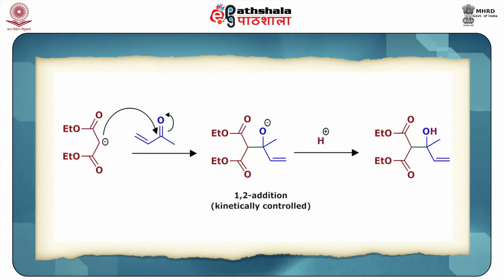The conjugate 1,4 addition product is thermodynamically controlled and takes place at relatively higher temperatures. On the other hand, a 1,2 addition is also possible, which is kinetically controlled and takes place at lower temperature, as you can see in this particular equation. Here, if you start with diethyl malonate, then when this is reacted with this conjugated ketone, it will give this 1,2 addition product, which is the kinetic control. And here you can see this O minus in the workup taking this H plus and giving this